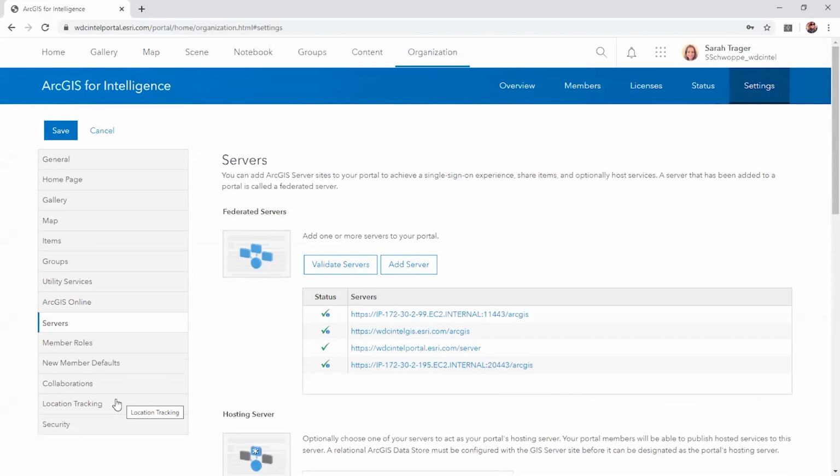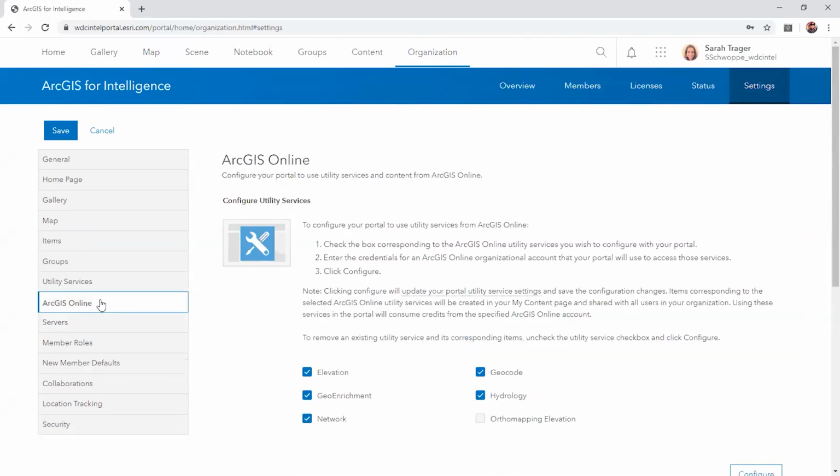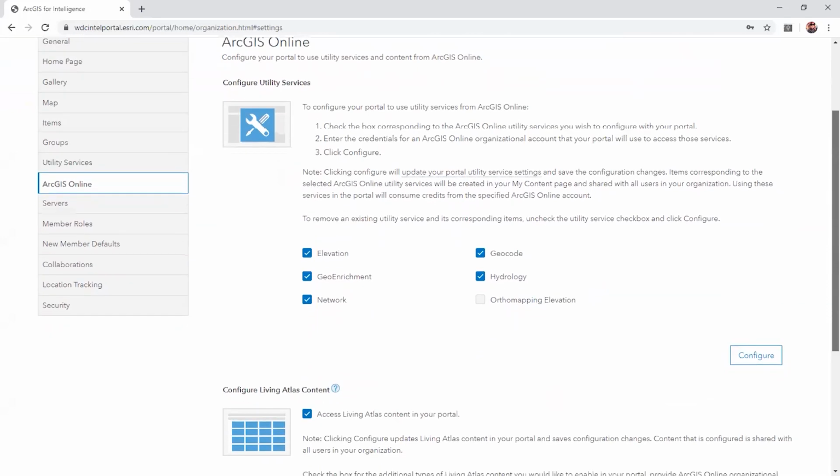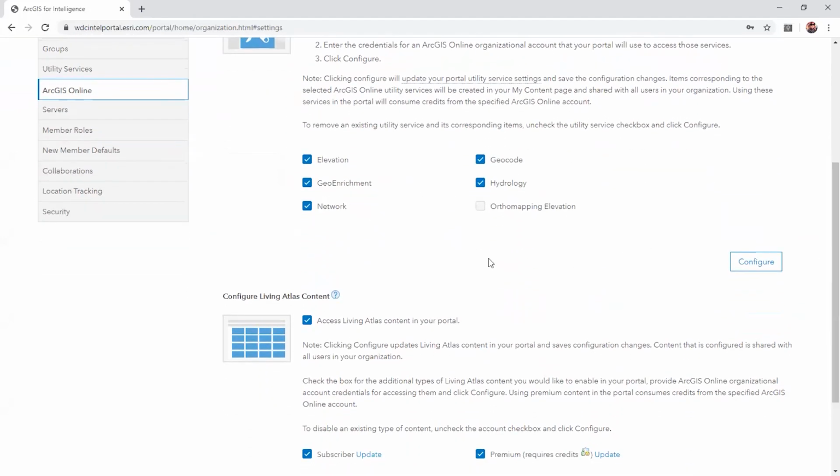Another difference that you'll see here is this ArcGIS Online tab. This is where you set up that hybrid approach that I discussed earlier in my presentation. So you can configure and use different utility services from ArcGIS Online. The geo-enrichment service, that's the demographic information that we used in the enriched layers analysis. The geocoding service, for example,